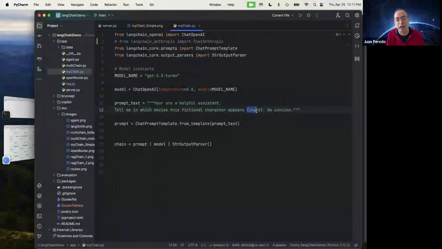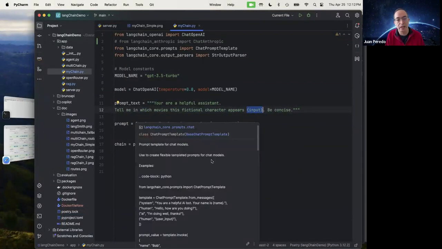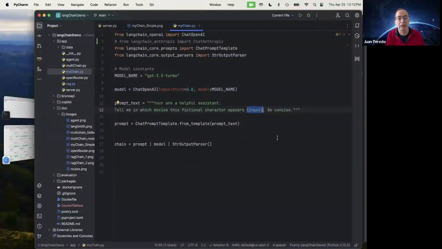And you can see here you have an input placeholder. And once we convert this simple string to a chat prompt template, the system will automatically replace that input variable with whatever the user is providing.